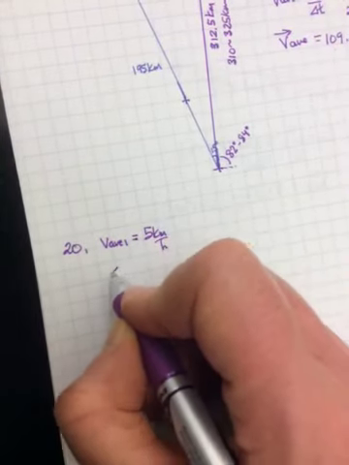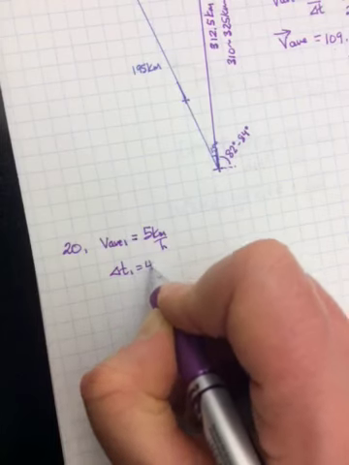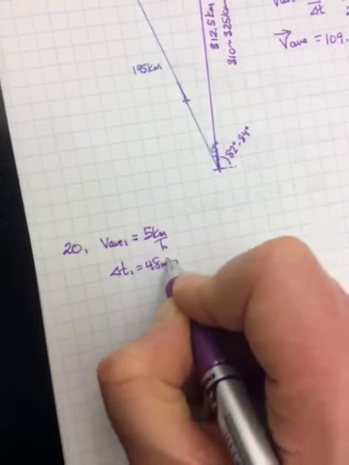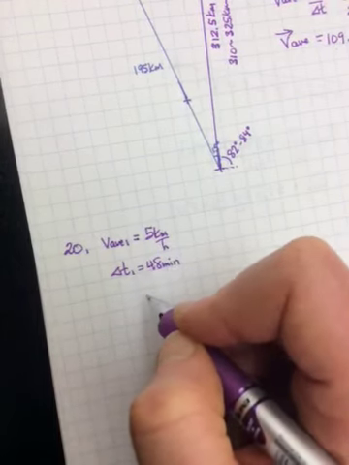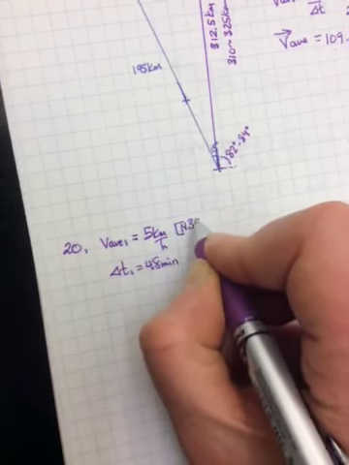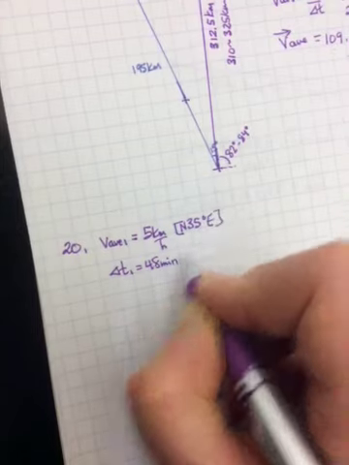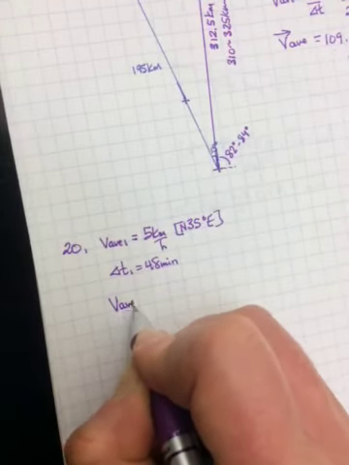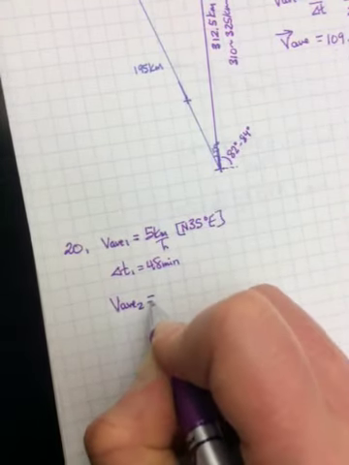And he does this, delta T1, for 48 minutes. And this direction was north 35 degrees east. So then his VAV2 is